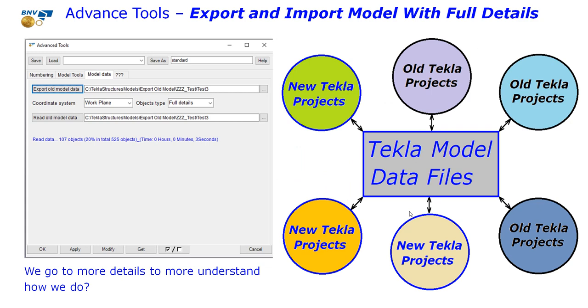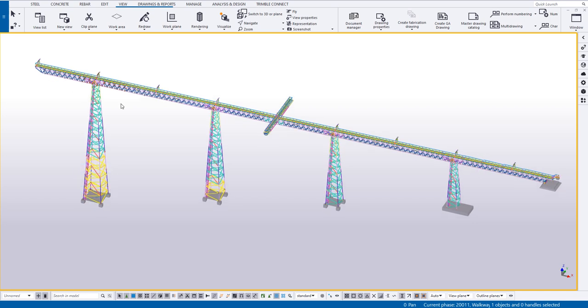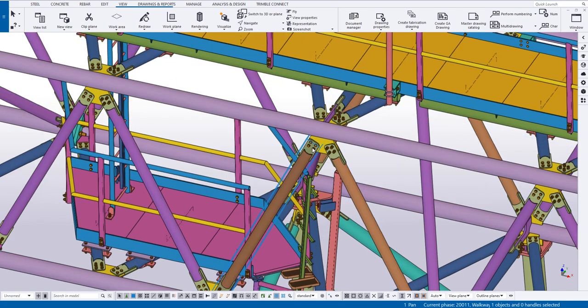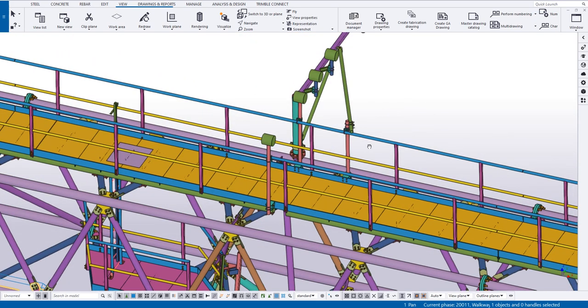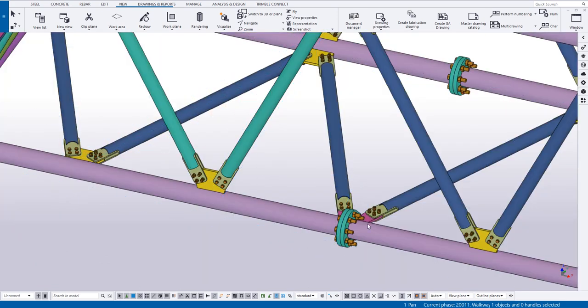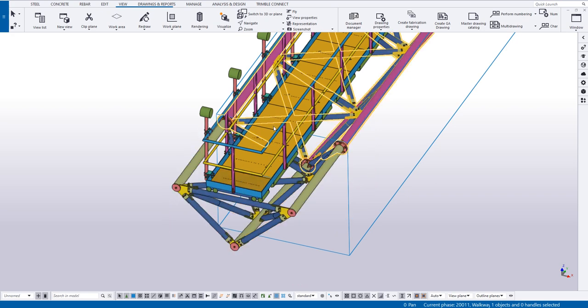Now we go into more detail to better understand how we do it. We have a bridge model with full detail in Tekla 2022, including 4 TD1 box, main bridge, walkway, platform, other segments, and sub-assemblies with full detail for bolt, railing, support for lighting, handrail, detail, main bridge structure, all the segments with sub-assembly inside, walkway, railing.